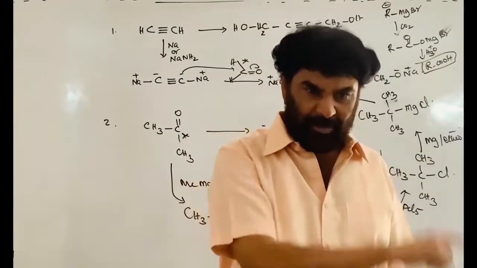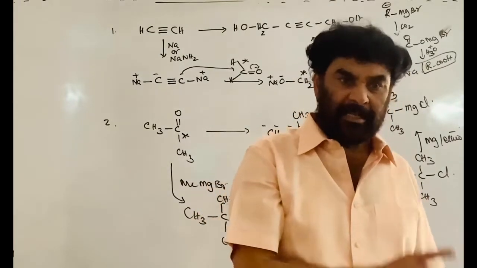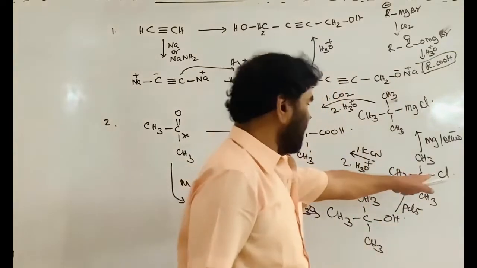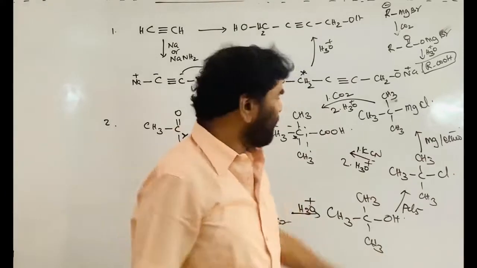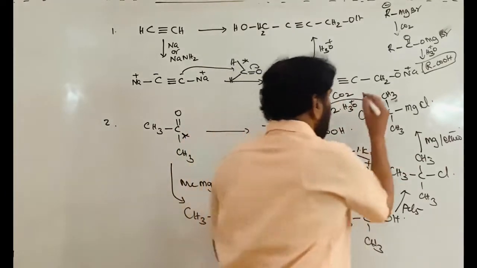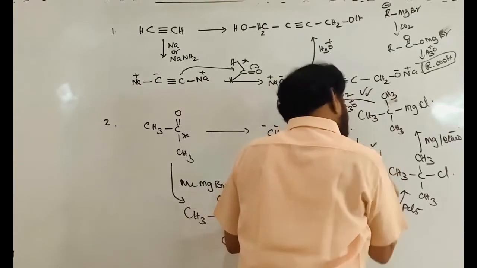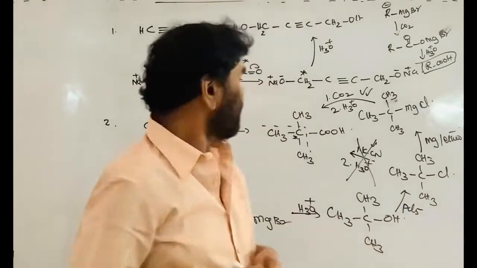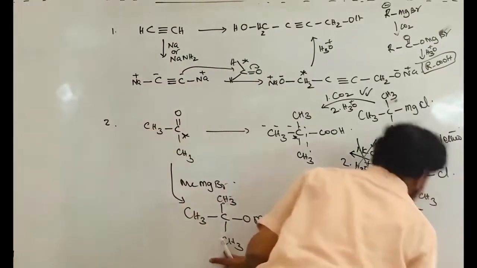Why is cyanide ion a strong base? It is the conjugate base of a weaker acid. Weaker the acid, stronger the base. It promotes the elimination, dehydrohalogenation, and gives the alkene. Therefore, this route is preferred over this route. This is okay, but compared to this one, this is the best route. Therefore, the second is easy to convert the given reactant into the product in this case.